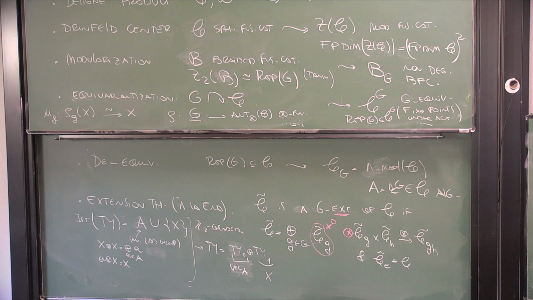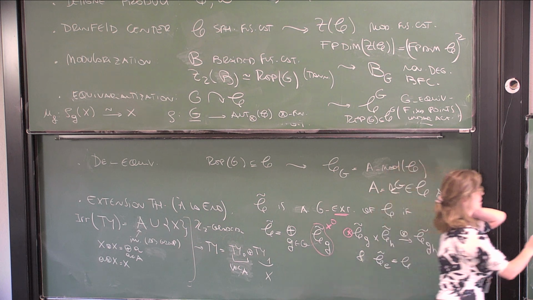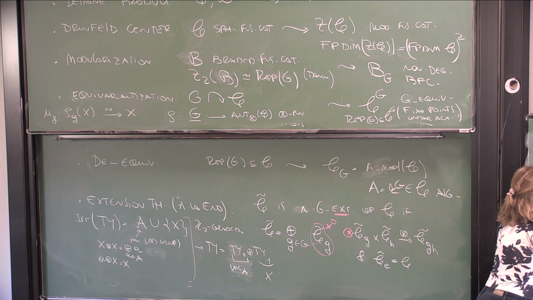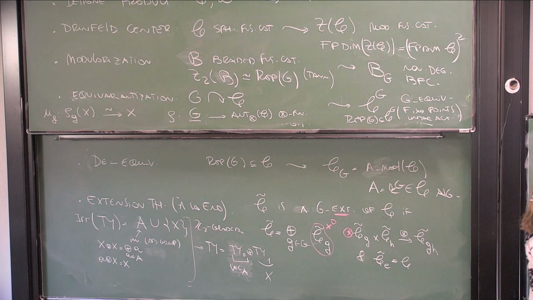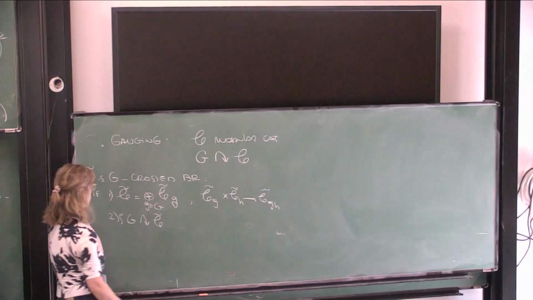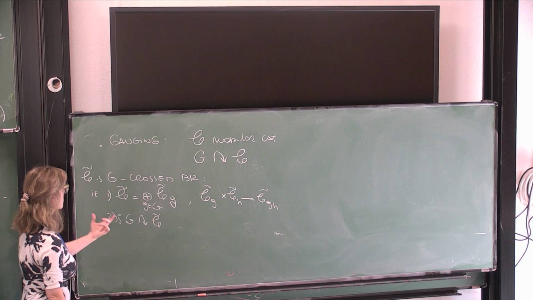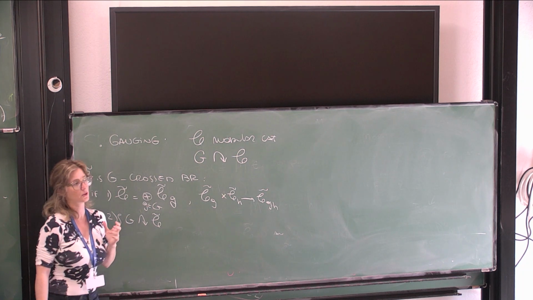Here I'm just taking care that the grading behaves nicely with the product. But now I also want G acting on C tilde. Let's say that I will act by rho maybe, as I was using before. But now I have an action and I have this, so I want the compatibility.